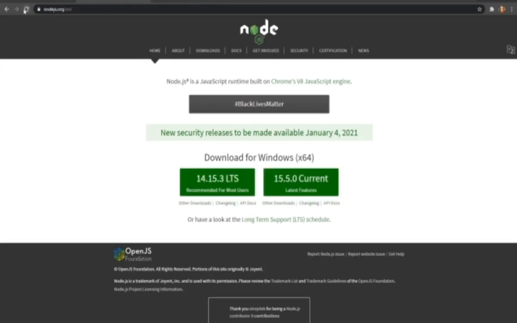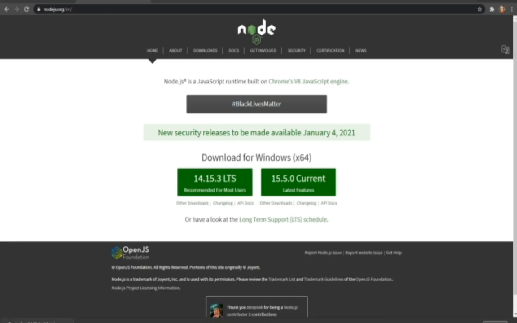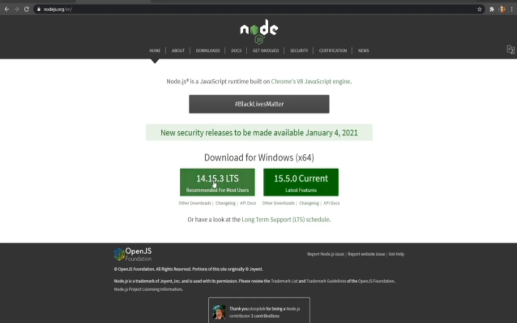So go on the Node.js website, click on the recommended version for most users to download, okay? Click on it. I'm going to cancel that because I already have it. Close it. Okay, so now after you guys have installed Node.js,